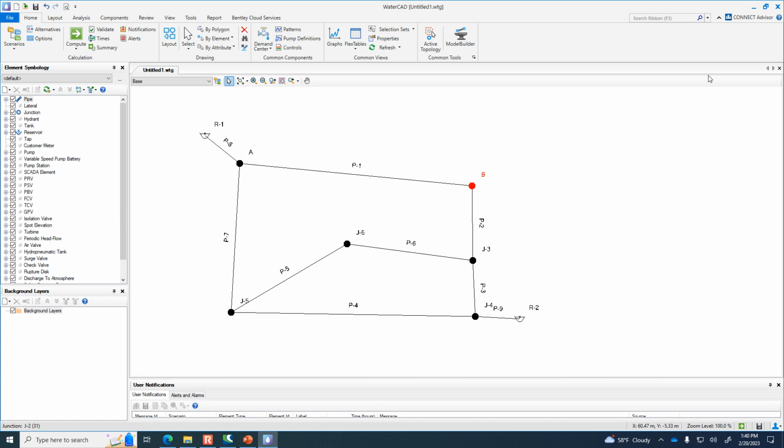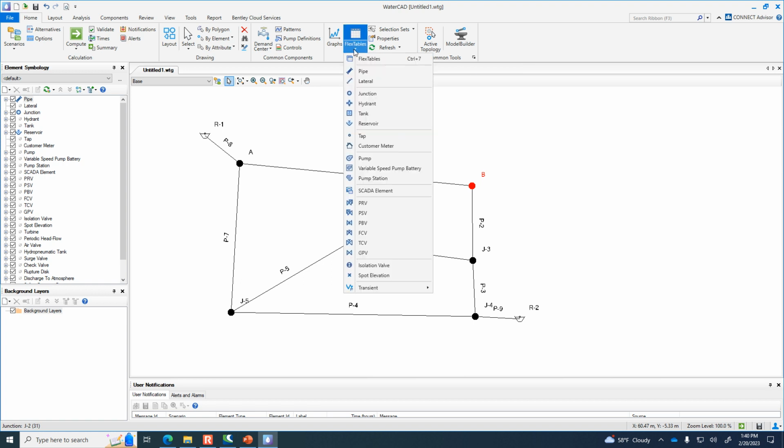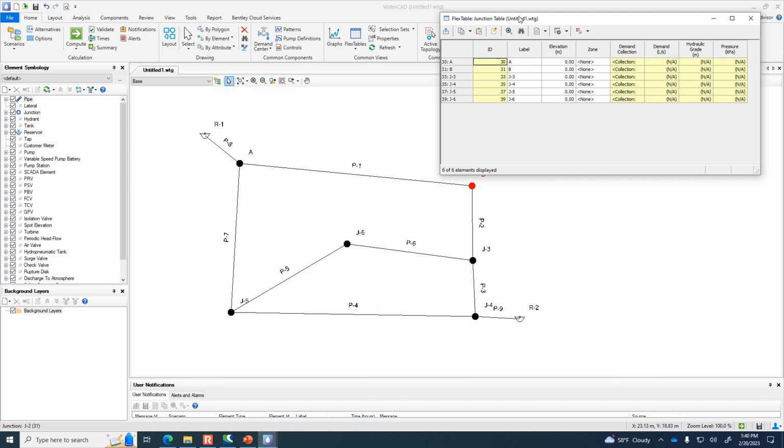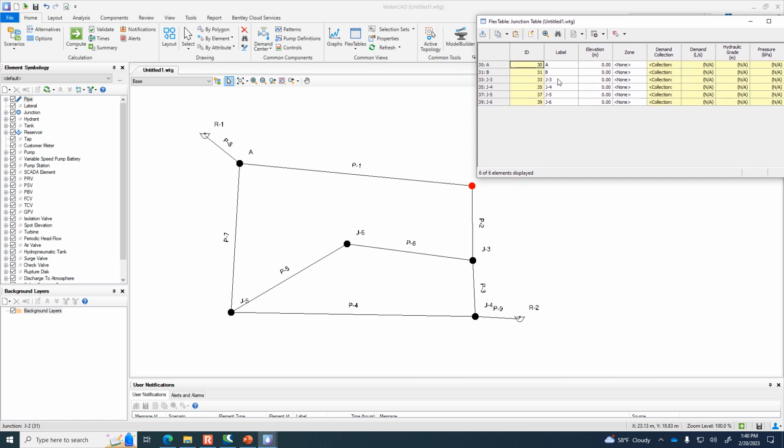Now, I can be even more efficient than clicking on the individual junction locations. I can bring up a table. It's called a flex table. If you click on the flex table and indicate that what you want is the junction flex table, then it brings up this table where we could adjust the labels here. So for example, J3 is the one that should be C. J4 is the one that should be D. J5 is the one that should be F.